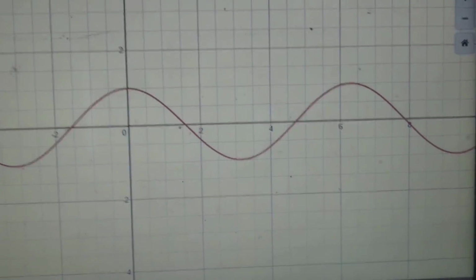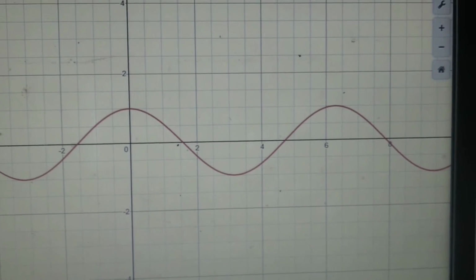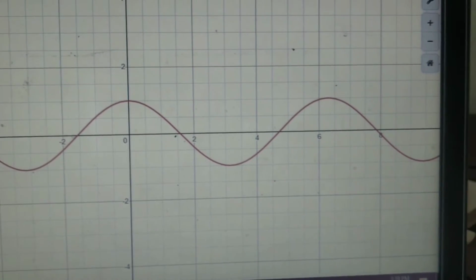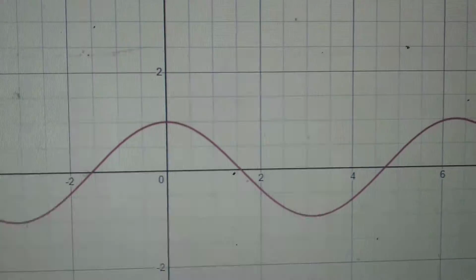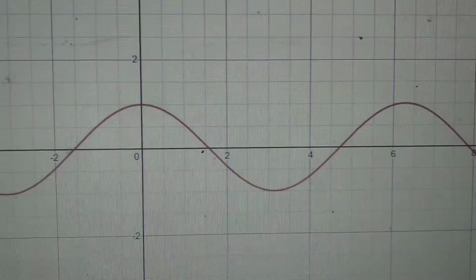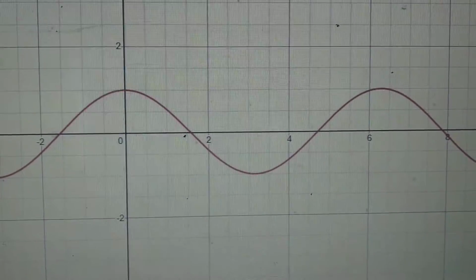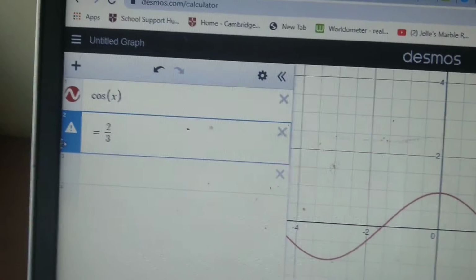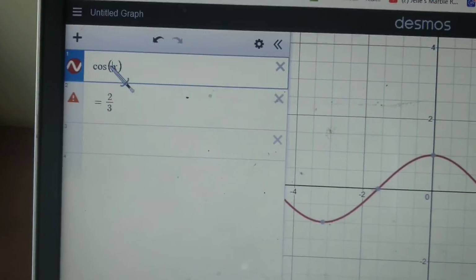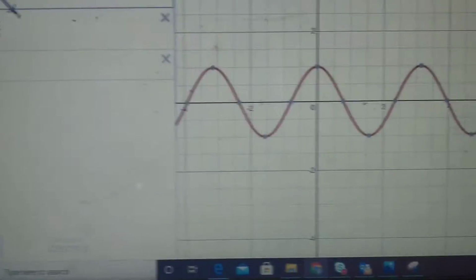I can't for the life of me figure out how to get Desmos into degrees. I tried. But it's okay, because we understand radians now. So 360 is going to be 6.28, 2 pi, right? So peak to peak. Now if I change this, if I change the x to 2, then it's going to